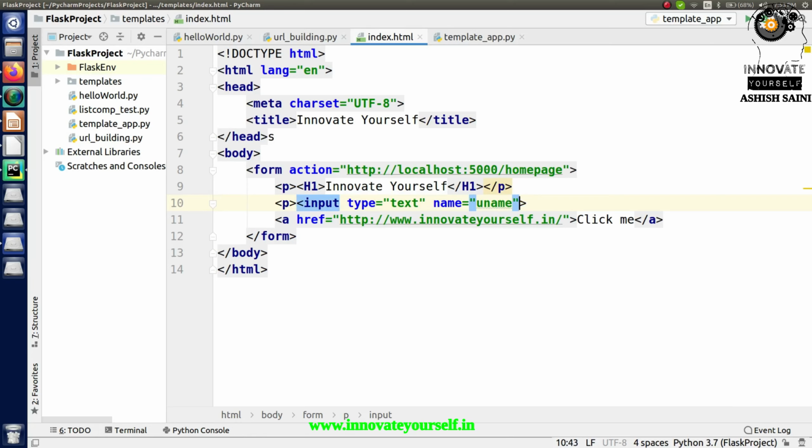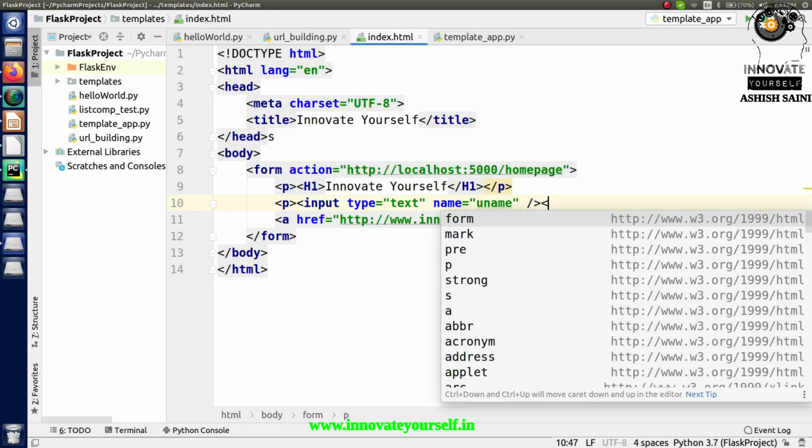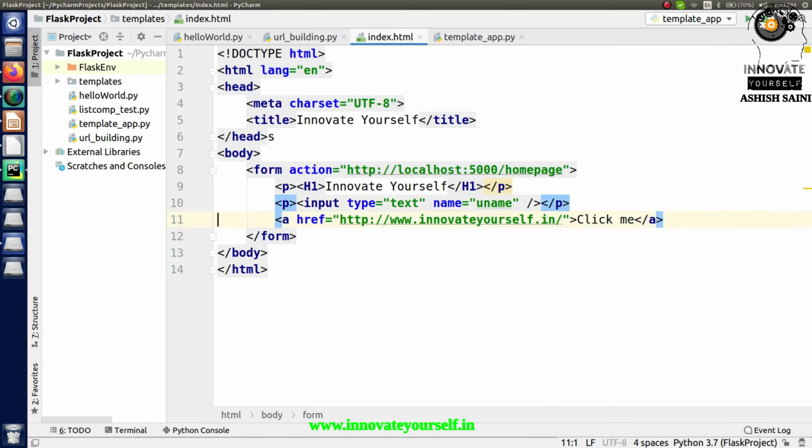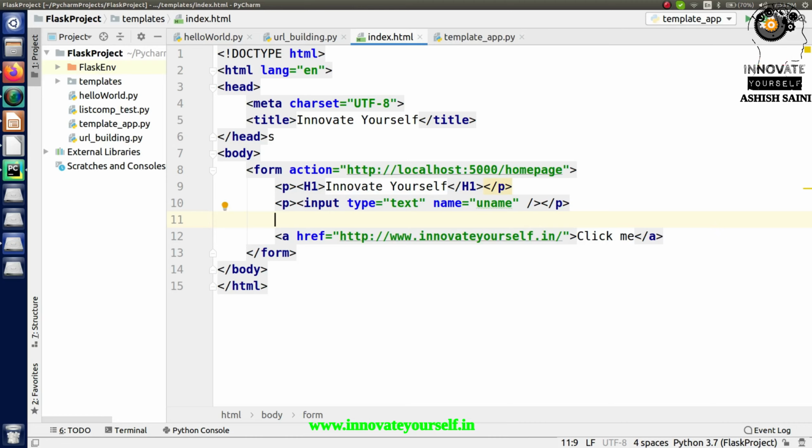Now after that I just have to close this. I'm done with this, and accordingly I'm also closing this paragraph. After that I have to add one button, so that when I click on that button it will redirect you to a different page, and while redirecting it will collect the data you enter inside this input text.